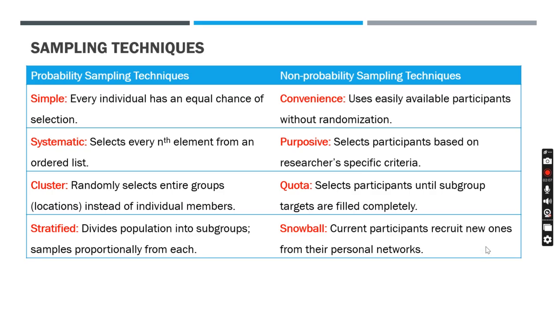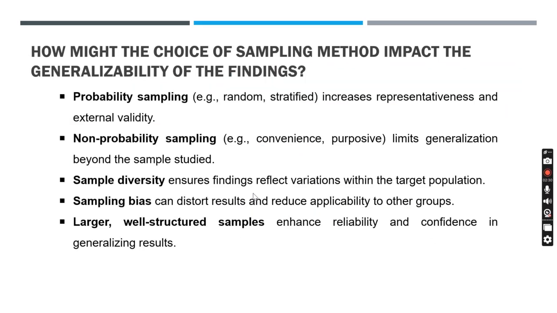The last of non-probability sampling is snowball, and we talked about snowball, that the current participants are the ones who are going to recruit new ones from their personal networks. Like the person you are studying now, he is the one who is going to find another sample from his own personal networks. This is with regard to the sampling techniques, where there is also another important question, like how